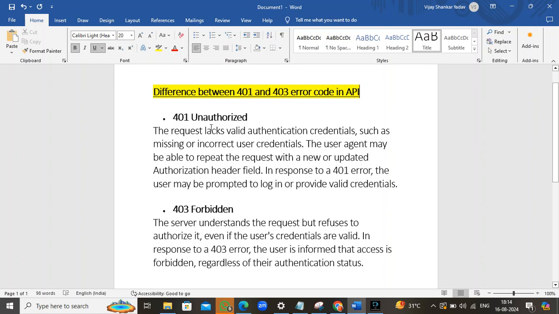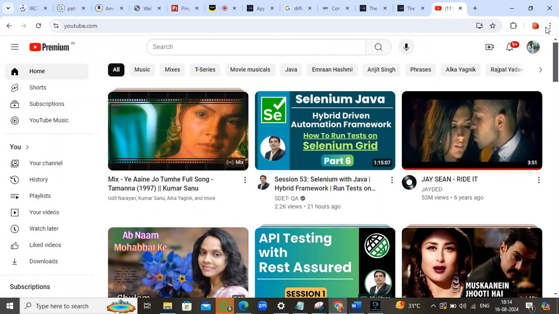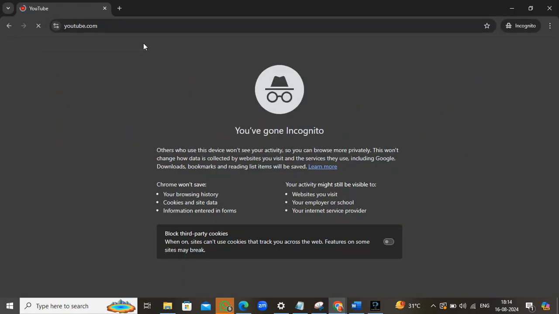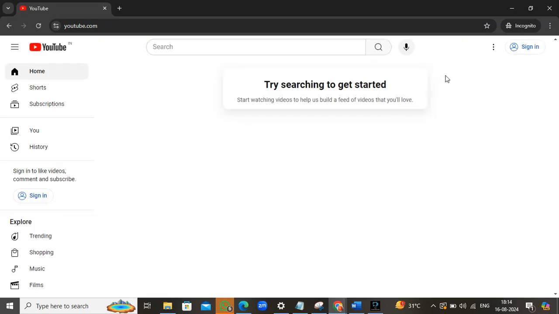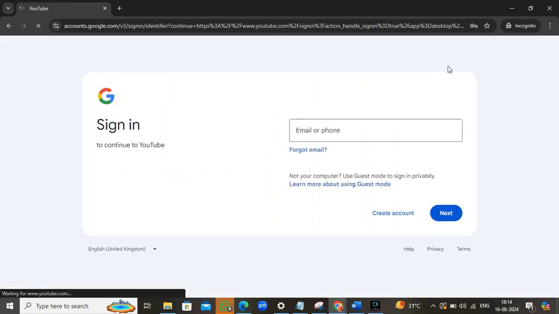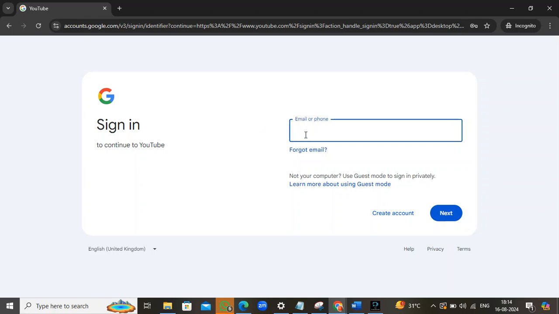So let's understand with an example. For example, I want to open YouTube, and here I want to sign in. If I click here, it is asking for email ID.